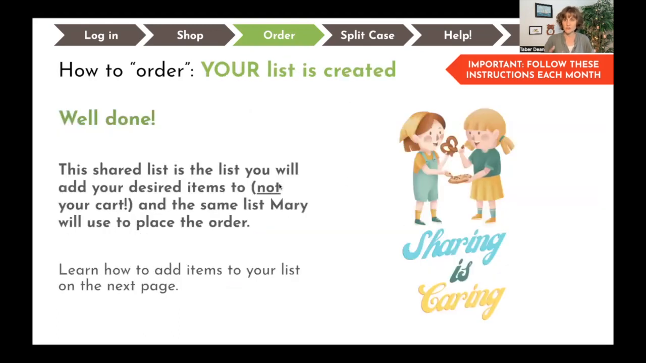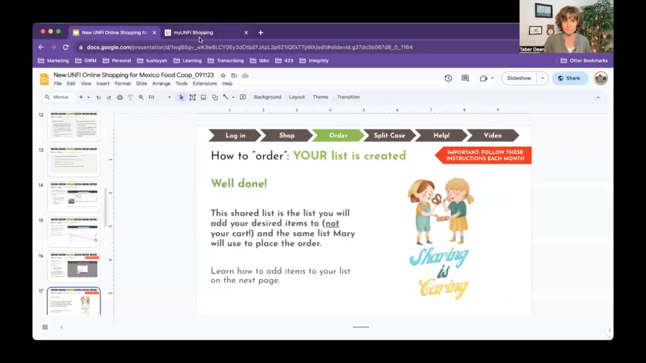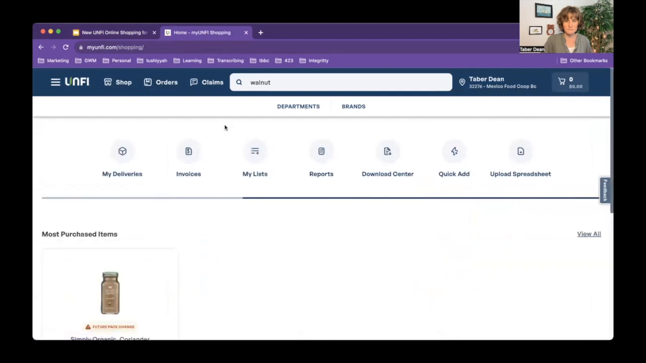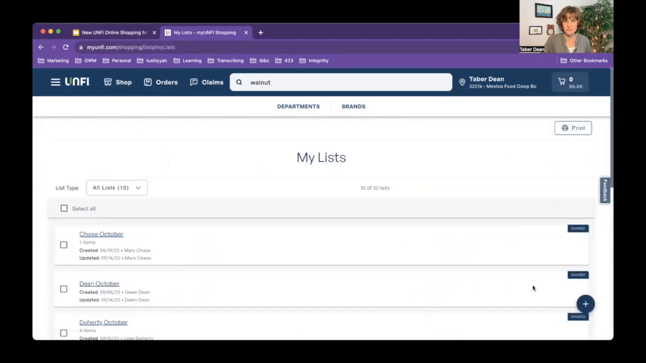Okay, so your list is now created. Good job. And now we're going to learn how to actually add items to that list. So for a second, I'm going to go into the live program, and we're just going to run through these instructions and see it happen in real time. So here we are. I'm going to click on Shop up here, My Lists, blue circular button with the plus sign,